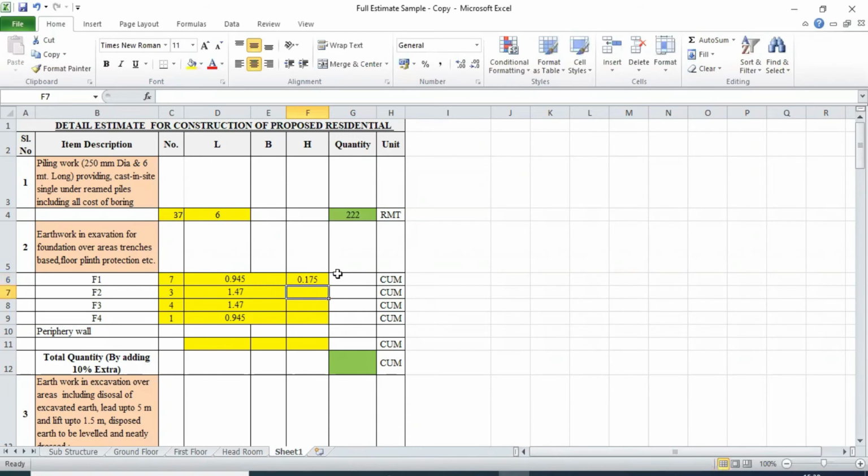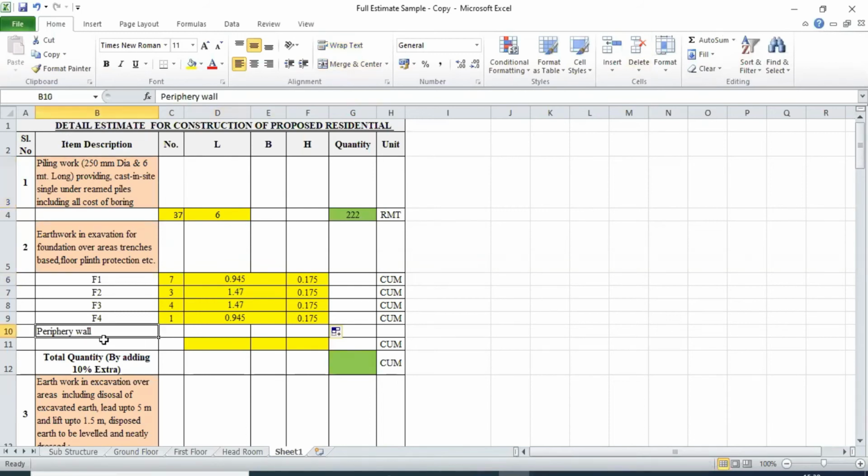So we have 0.175. So we will simply drag it. We will get the value in each section. So here we will write the unit cubic meter because we have length, breadth and height. And for piling work, we write the unit running meter because our contractor charges according to the type.